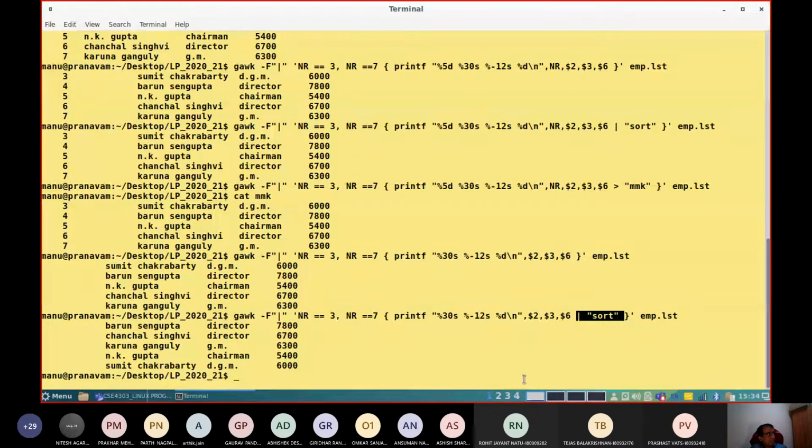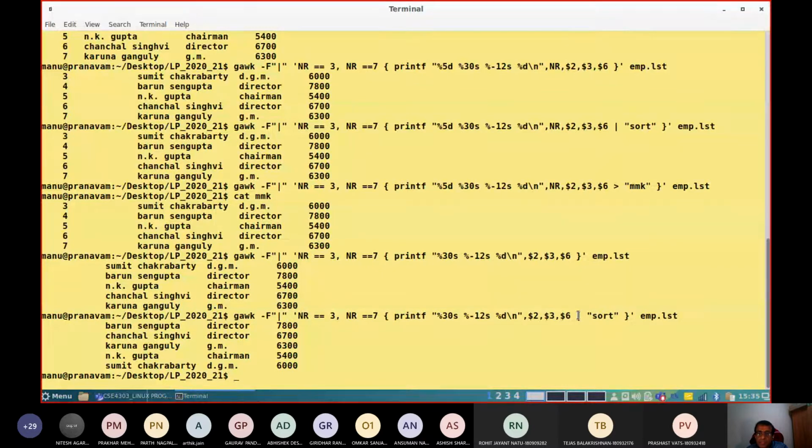Also note that the pipe command is mentioned within double quotes. Within double quotes, I need it. That's a very important part. And the single quote begins here, you see this, before this NR equal to 3, and ends here.